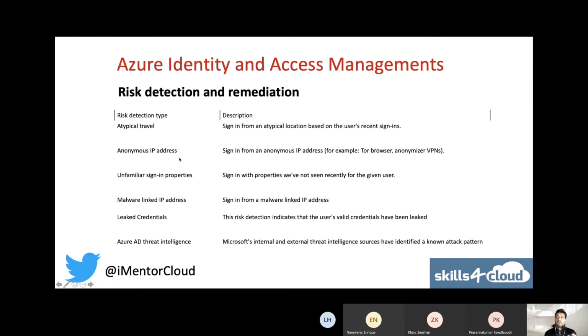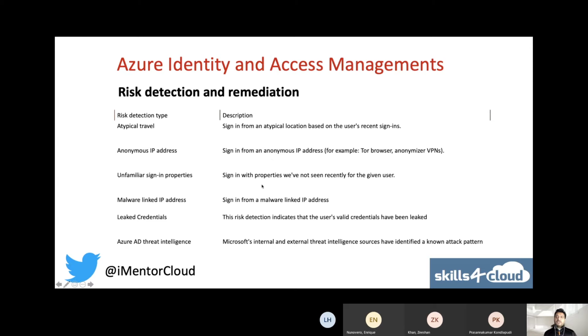Anonymous IP is one of them. For example, you can use Tor browser or a different browser. There are databases of blacklisted IP addresses, kept updated by third parties. Microsoft collects the data from there and blocks based on that automatically, so you don't have to do that.